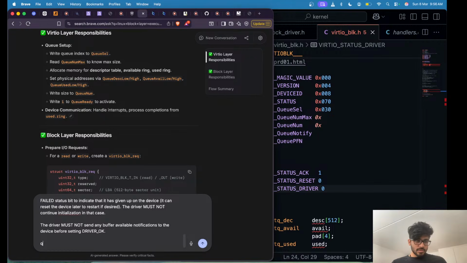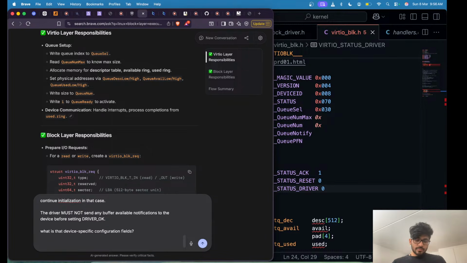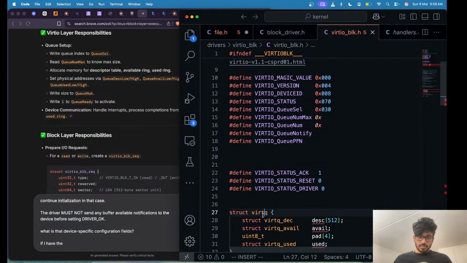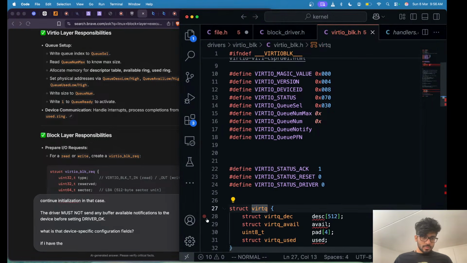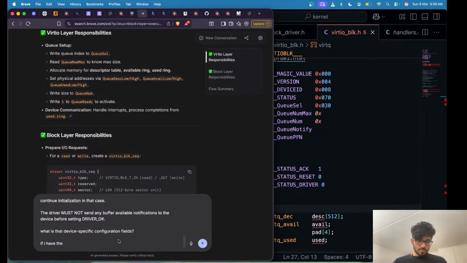What is that? So if I have the virtqueue struct ready, how do I pass that struct to the